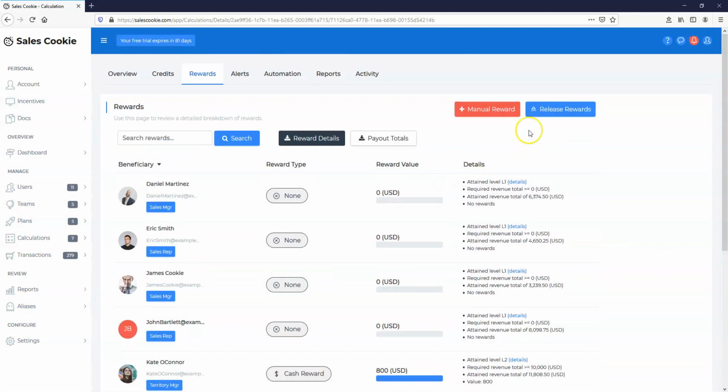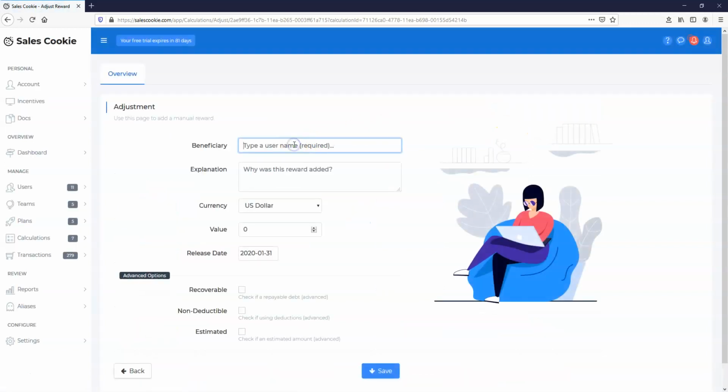But let's say management's decided that Daniel actually did do a great job. He helped out his colleagues, so it's as simple as saying, okay, we're going to give Daniel, he went above and beyond. Good job. And it's as simple as saying, let's give him $100. And then in most cases you're going to leave these unchecked, but if in your situation they apply, you